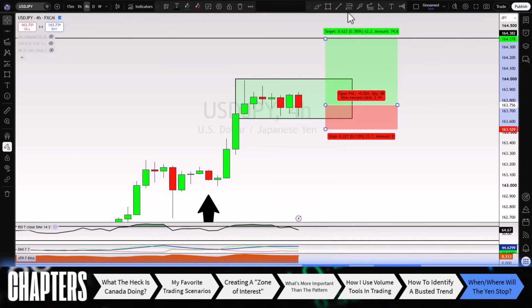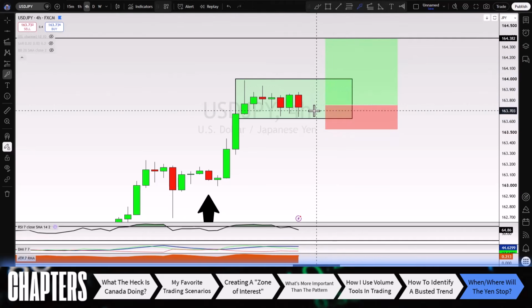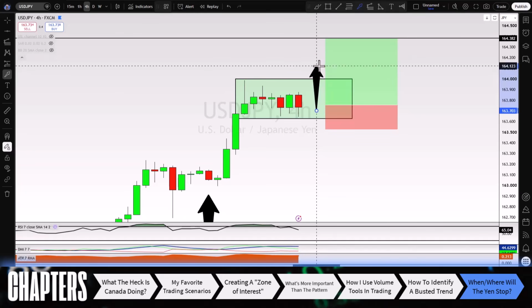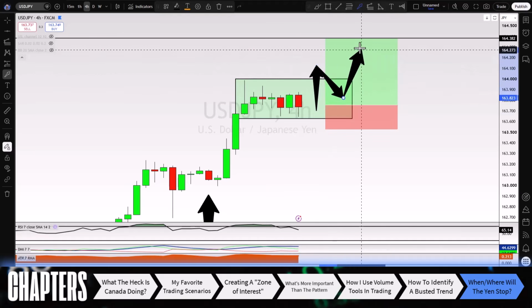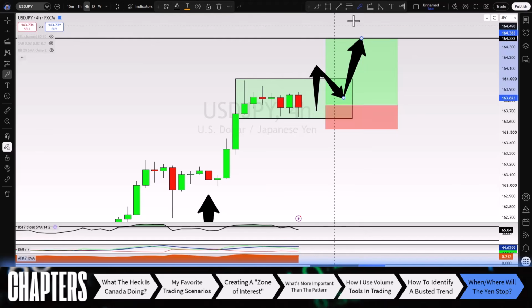The second way of getting involved would be the after, and that would mean waiting for the confirmed breakout, so a higher high, higher close above the upper range of this flag pattern, and then looking for the pullback and then looking for your chance to get involved that way. This way does give you a little bit of safety because you have confirmation of the breakout before positioning yourself long, but I guess the risk in this sense is that, well, maybe we get a move just like we